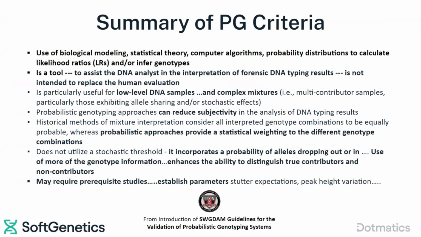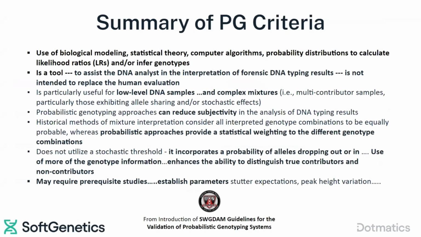Just in general, this is an overview that this is biological modeling. They're looking at probability distributions to calculate likelihood ratios and/or infer genotypes. And it's a tool very important to assist the analyst in interpretation. It's not intended to replace human evaluation. It's particularly useful for low-level DNA samples and complex mixtures. And the probabilistic genotyping approaches can reduce subjectivities in the analysis of DNA typing results because we're using the information from the traces and applying rules